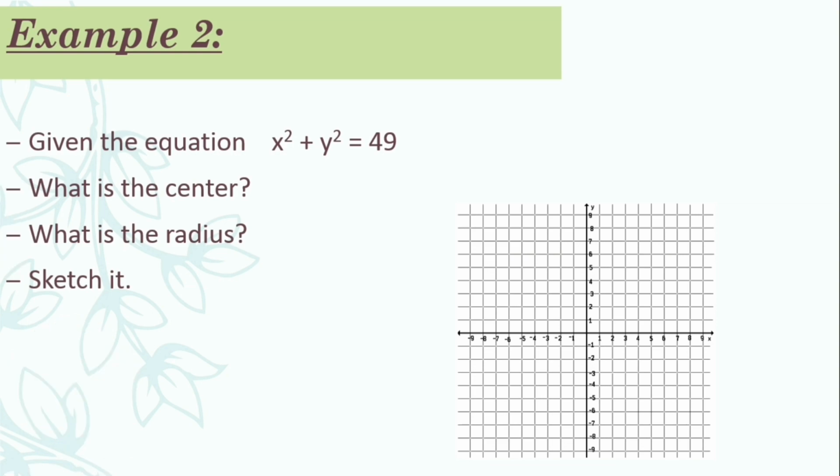To the second example. Now we will solve the center, the radius, and sketch the graph of this circle. So what is the center of this circle? As we can see, we don't have h and k. It doesn't mean that we don't have a center; there is just no number in the equation that represents the center of the circle. If you see this kind of equation, it means that your center is the origin of our Cartesian plane,